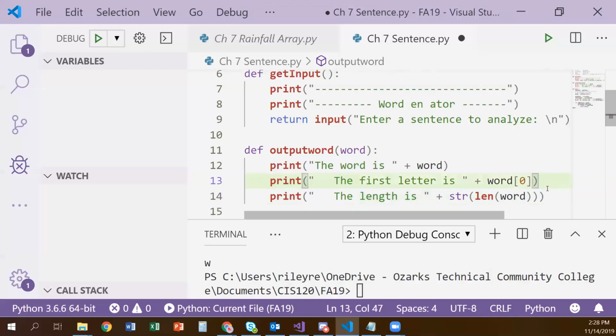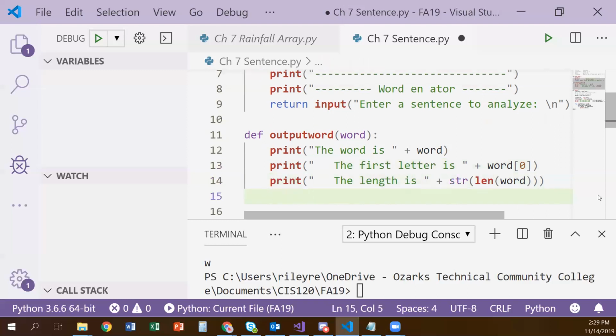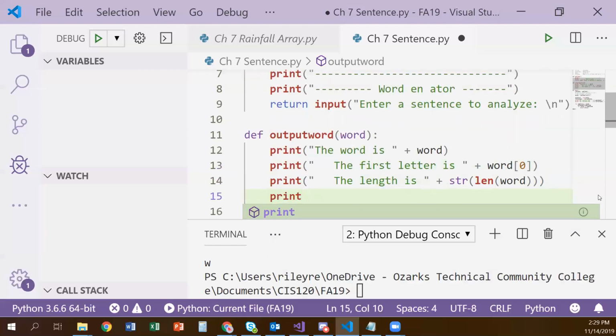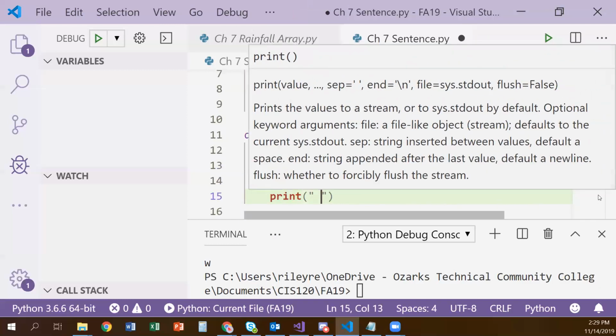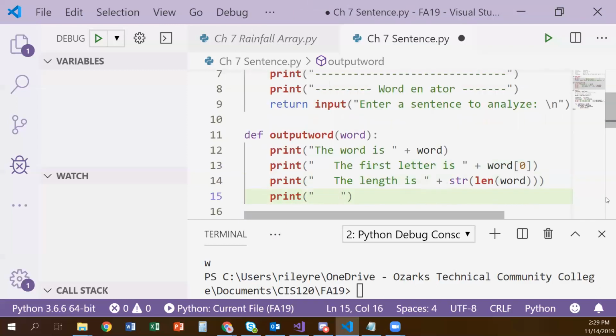Look at all those parentheses. You guys just handle them like nobody's business. Okay. And then lastly, I want to print the last letter. I think everybody did really good at figuring out that one. The last letter is